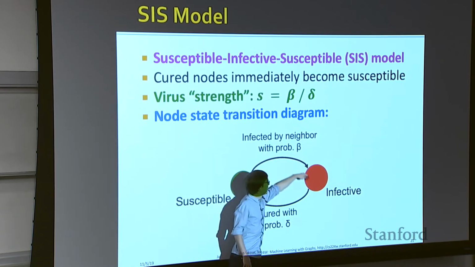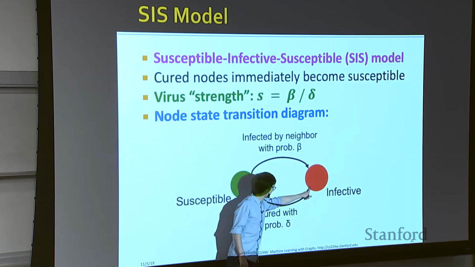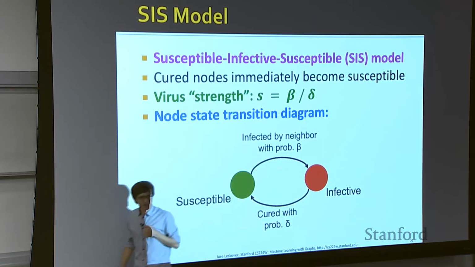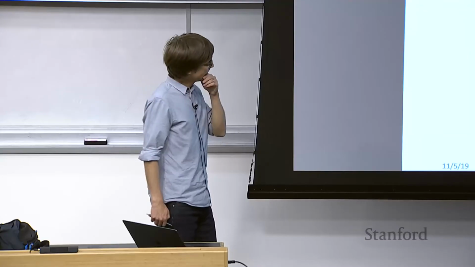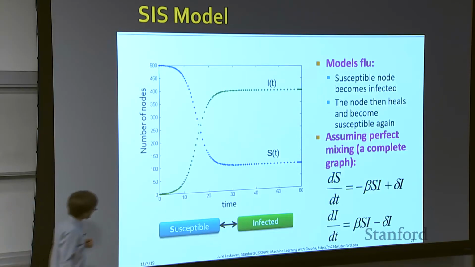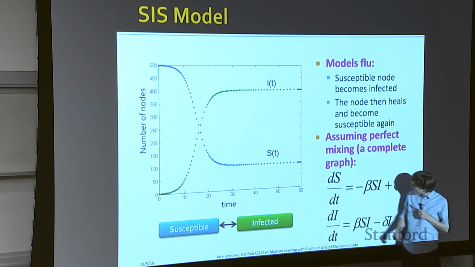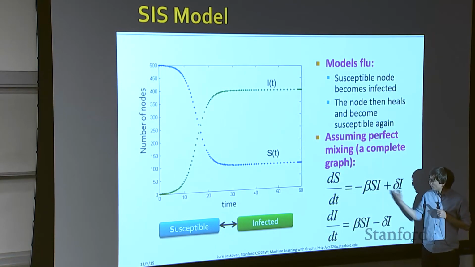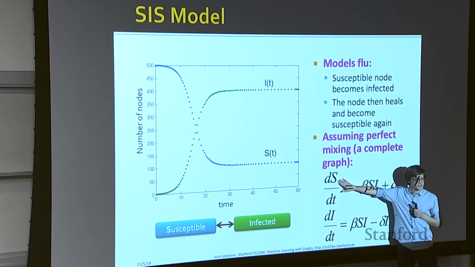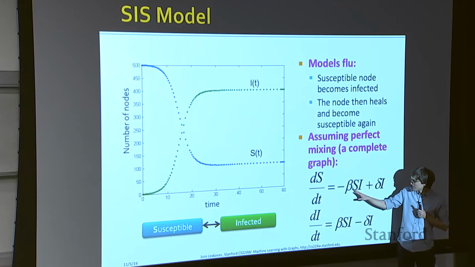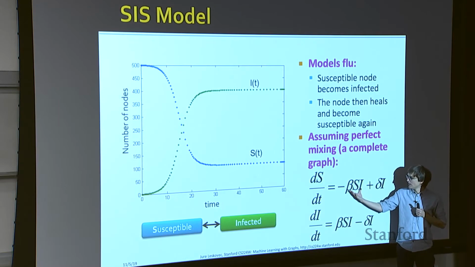Susceptible people can become infected by the neighbor with some probability beta. And the infected people can get cured with probability delta, right? So simple two-state diagram. What is interesting is if you look at this model, then here are the transitions, right? This is the change in the number of susceptible people. You have two factors. One is that infected people are getting healed. So this means that the number of susceptible people will increase. But susceptible people can get in contact with the infected people, and with that rate, the number of susceptible people